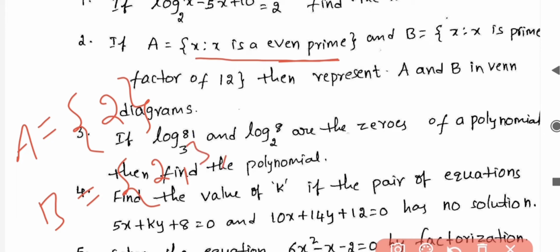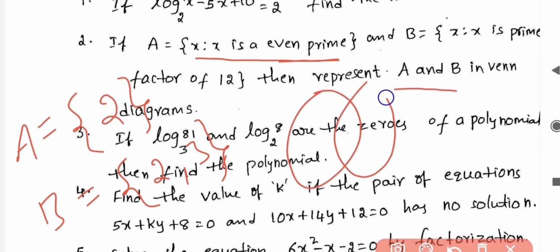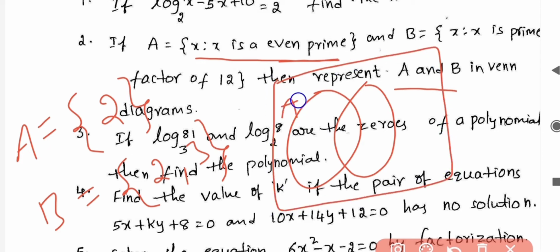4 is a factor, but that is not a prime number. 6 also is a factor, but that is not a prime number. So 2, 3 only. So I want A and B in Venn diagrams. A, B, mu. In set A we have only 2, in set B 2, 3. So 2 is a common element and this one 3. Okay, next,